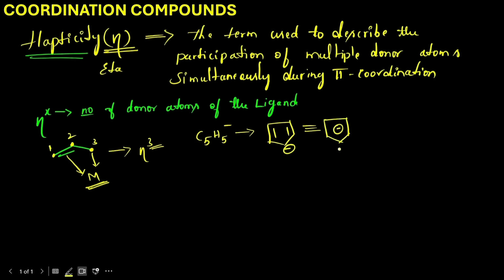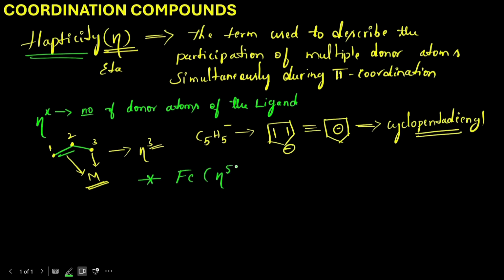Here negative charge. Okay, the name of this compound is cyclopentadienyl. Now we will consider a compound which is Fe eta 5